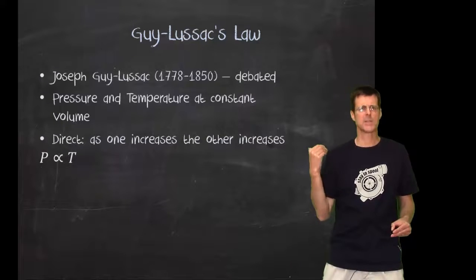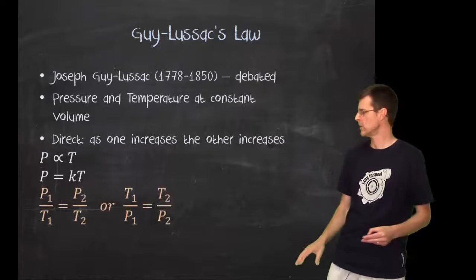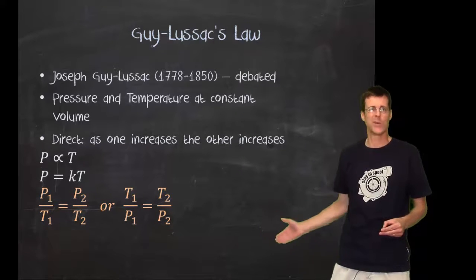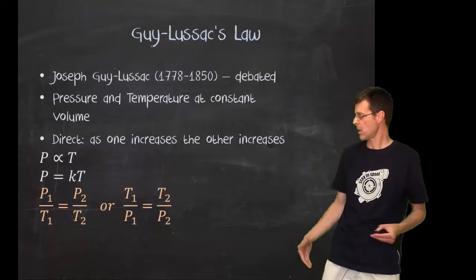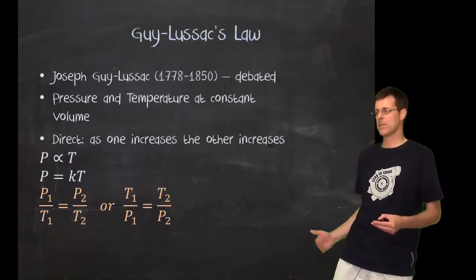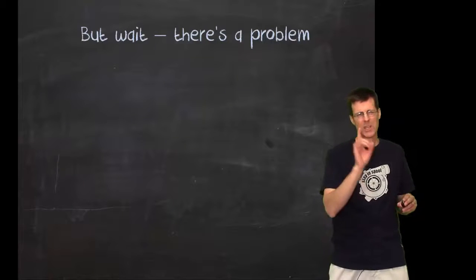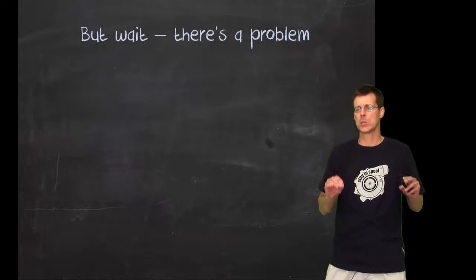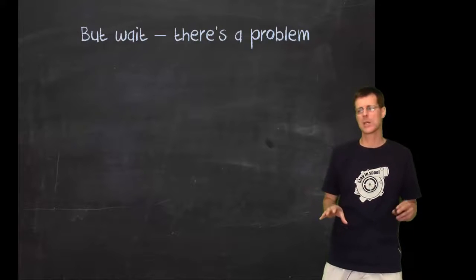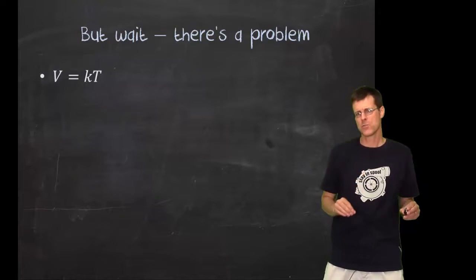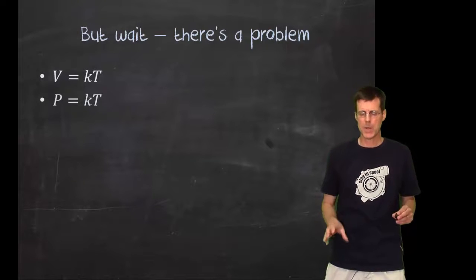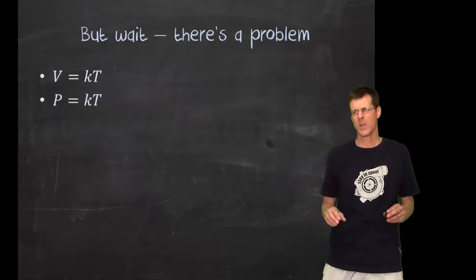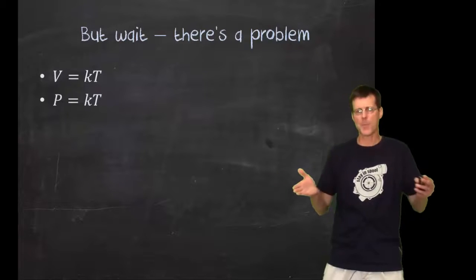So we could start it like this, move to the constant, but what we're interested in, of course, is the final formula that we're going to use, which is one or the other. And again, much like Charles' law, we can take one and get the other. However, if you're kind of thinking about things, you might recognize that there's a bit of a mathematical problem, and then we can ask the question in a couple of different ways. If you look at Charles' law, or you look at Gay-Lussac's law, where we have a volume related to a temperature or a pressure related to a temperature, and you start thinking about the various options we have for temperatures,